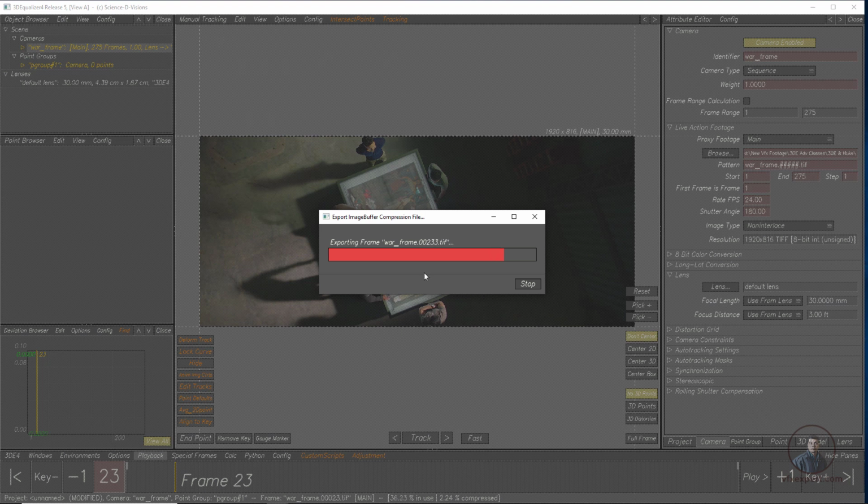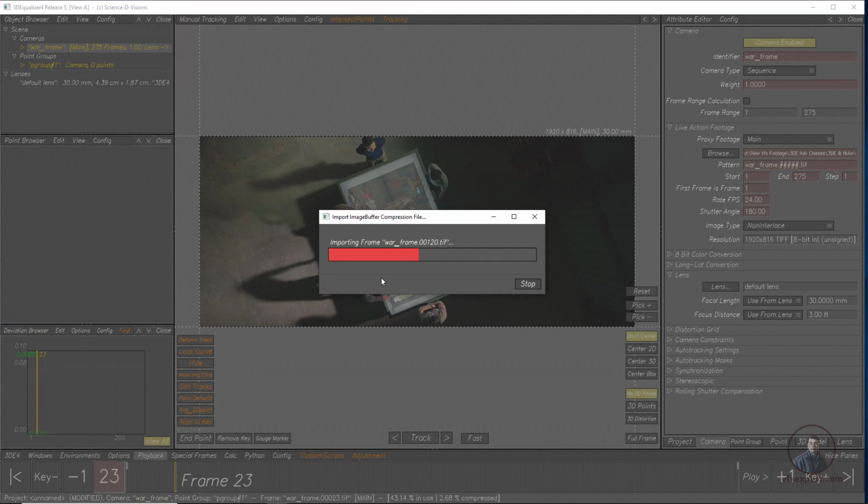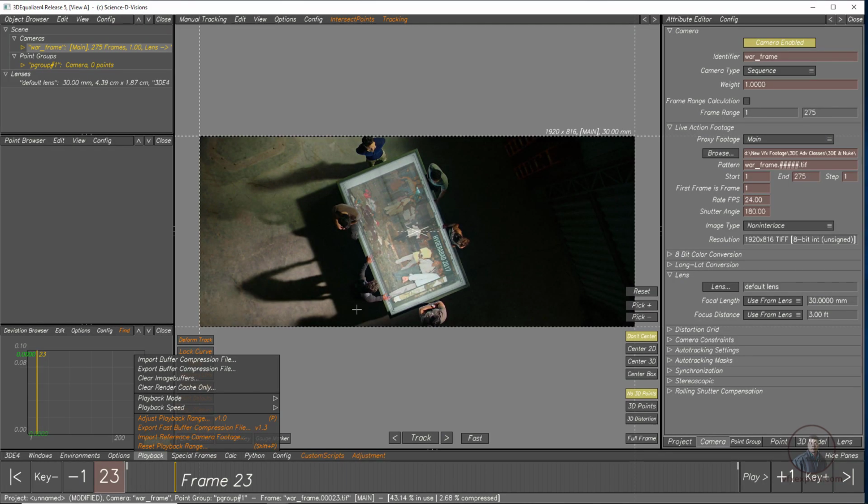Here you will see 3D Equalizer stores your buffer compression file in the same folder. After this we have to import, so simply click on Import Buffer Compression File. So here we have imported our buffer compressed files.